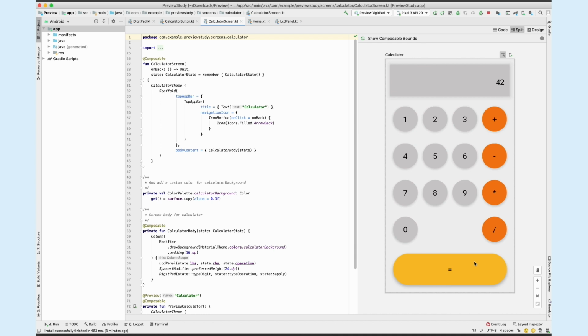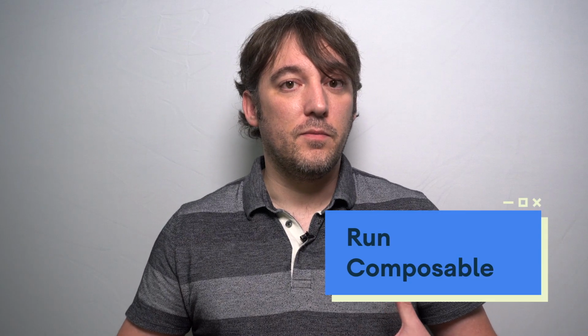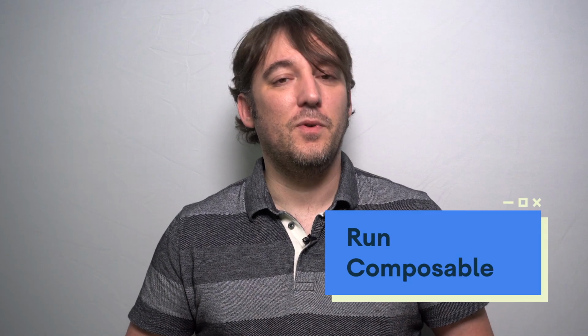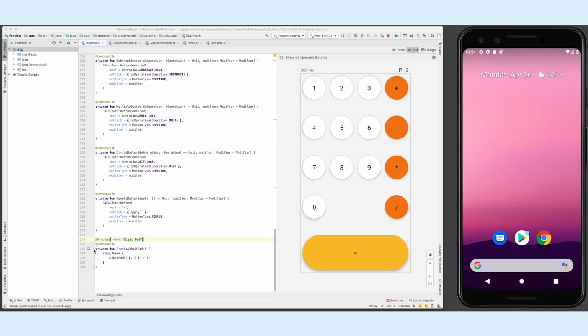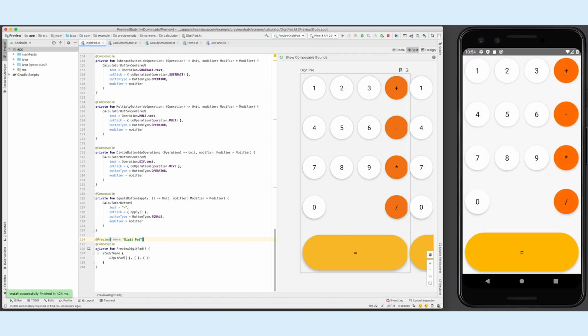Finally, one of the nice things that we added too is the ability to straight away publish or push that composable on your device. So by just having this little green arrow close to your composable, we essentially are packaging that composable as a single activity that we push to the emulator or to the device, so that you can see straight away how it works or how it behaves on a real device.